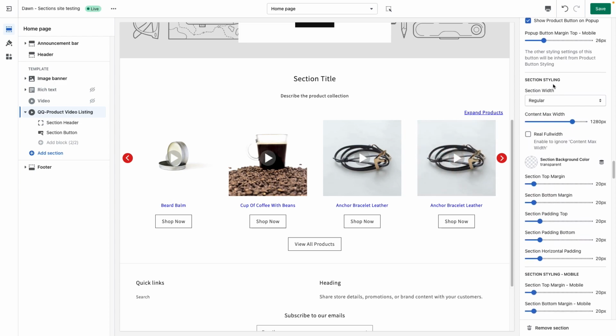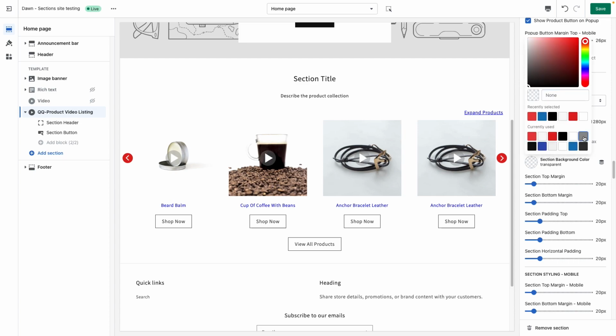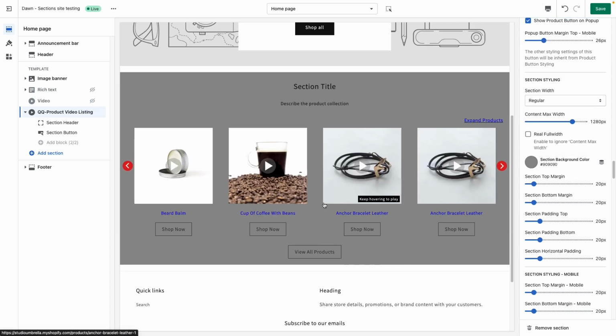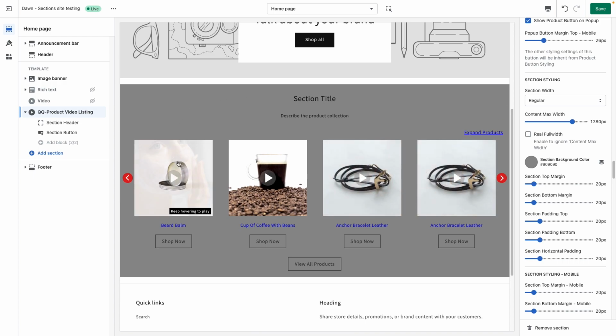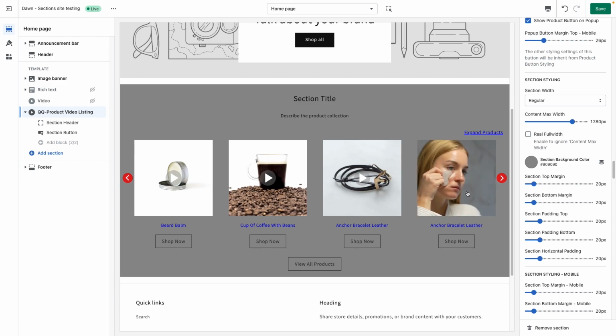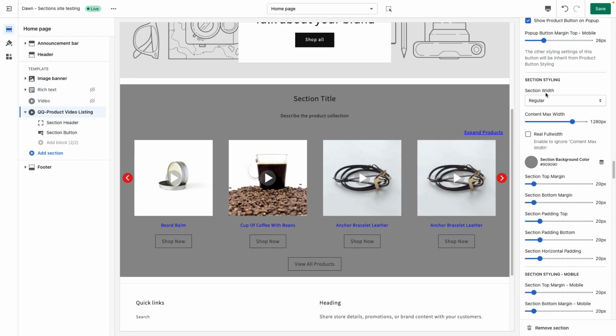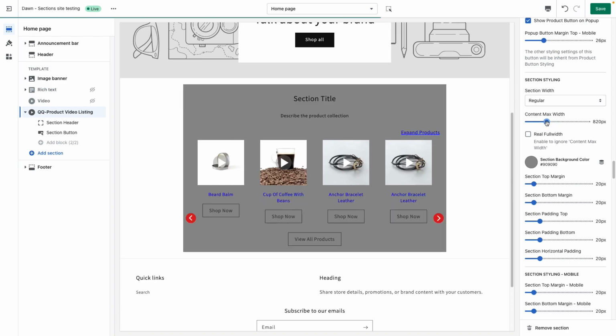Section styling. So this is styling for the entire section, like so. We have an option to set the width, and let me just add in a background color here, so it'll be better understood. So this is the entire section wherever the color is covering. We have an option to set the regular width and then give it a maximum width, so we can make that much smaller if we'd like